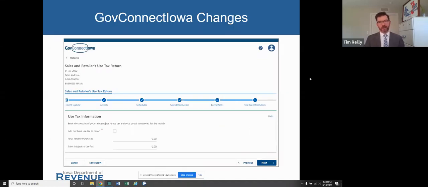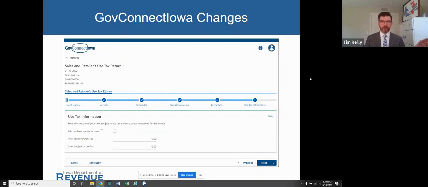If a taxpayer, so this jumps ahead quite a few slides, has reported all the sales tax that they owe for that month and any exemptions, then everybody who has a sales tax permit or sales and use tax permit, even if they never collect or remit use tax, will see this window.